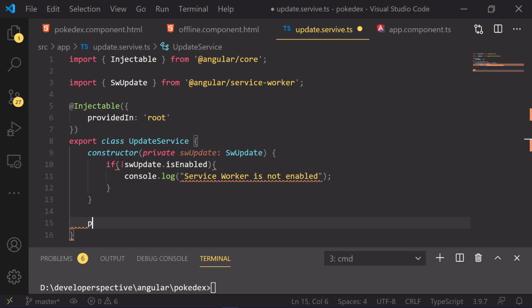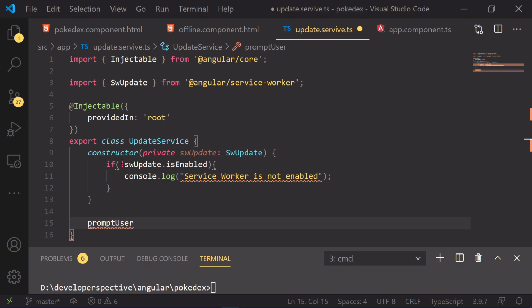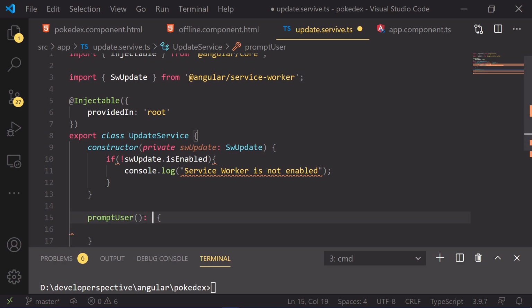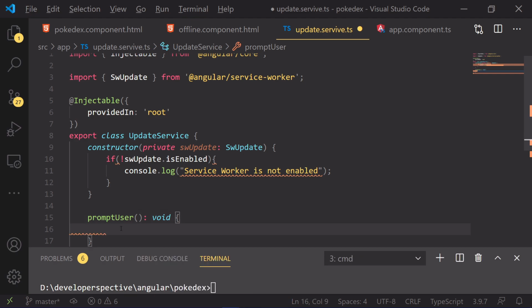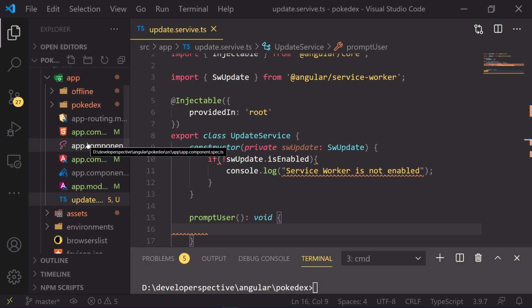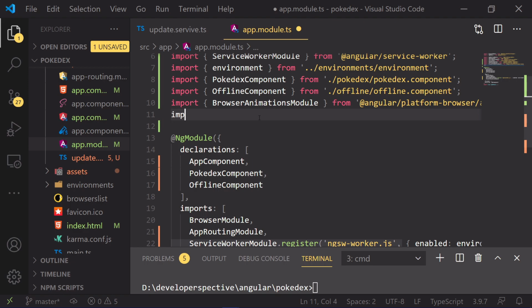For that to happen, we'll create a function called promptUser. The return type of this function would be void, and within the function we need to specify the snack bar. To install the snack bar, you need to go to app.module.ts and import the snack bar module.